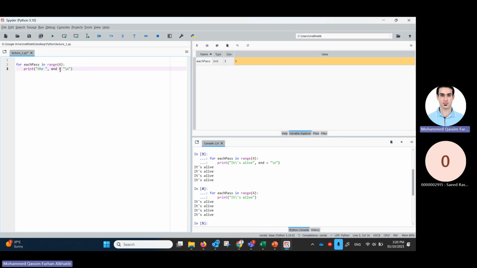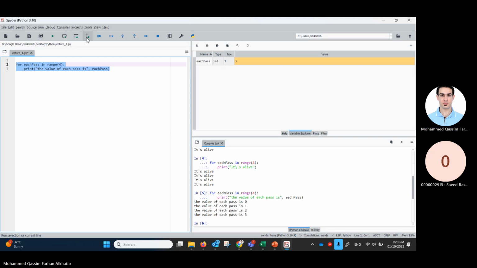The value of each pass is, I will not use the end. I'll just print each pass. Okay, so let's try now. So the value of each pass is 0, 1, 2, 3. So I'm printing the values in